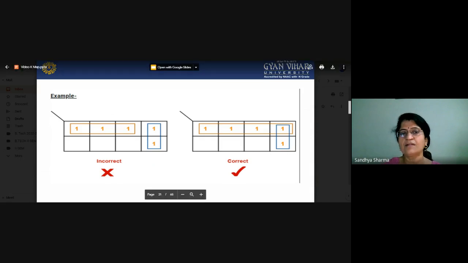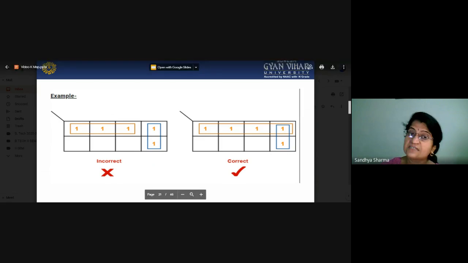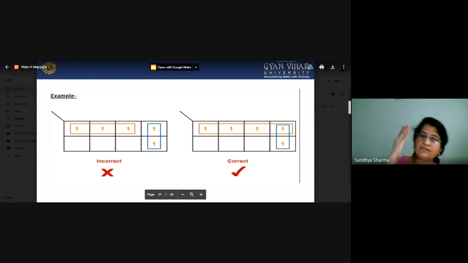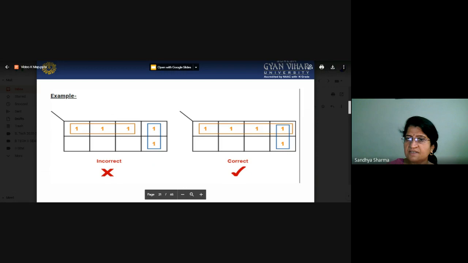But here you can't make a group of 3. If you say that we will make a group of 2 and only 3 is remaining, no, it's not possible, it is incorrect. First of all, you can make a 4, because these 4 are in a single row. Either it will be in a single column or in a single row. Now one is remaining, so you can share the one, as we have to share in covalent bonds. Just like that, you can share one for this and one for the remaining. This is the correct method for making groups.